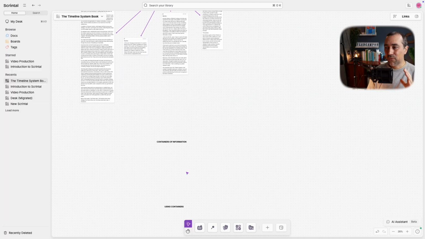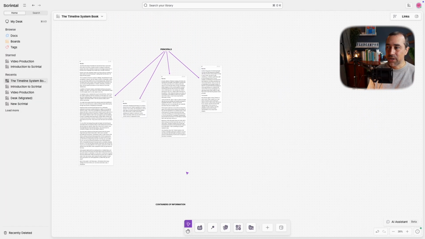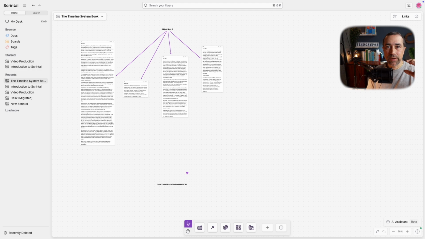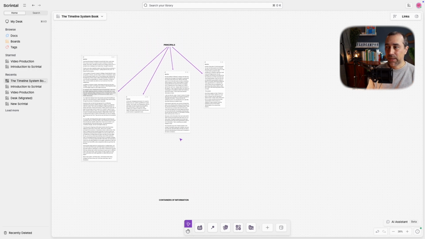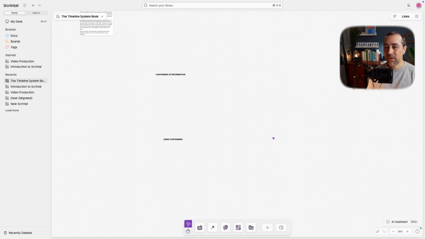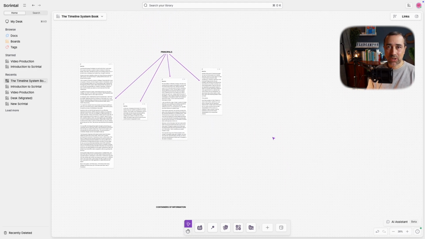And finally, for each one of these three sections here, I always create a paragraph or two explaining what the next chapters will be about. And I haven't created them for any of them yet because I usually do this after writing. So I'm going to try to ask Scrintal to create these paragraphs for me. I know that this is not going to be perfect because this is not a lot of text, but I want to understand if it will be capable of creating something like I would write.